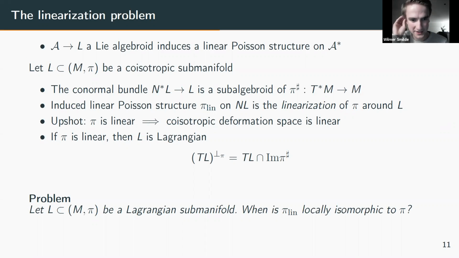So this is some sort of extension of the linearization problem of the zeros of a Poisson structure, where Conn's theorem provides a partial answer. But the case of Lagrangian submanifolds is a bit different because the Poisson structure itself does not need to vanish on L. And some other people also have been working on this problem. And for that, I want to mention especially Aldo Witte, who recently had a result in this direction. And also through discussions with him, I became aware of this problem.